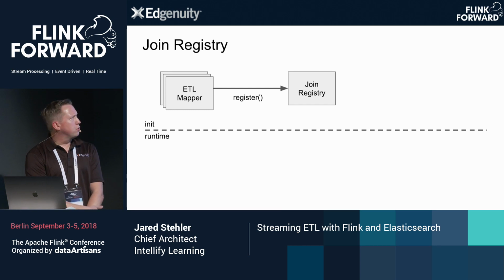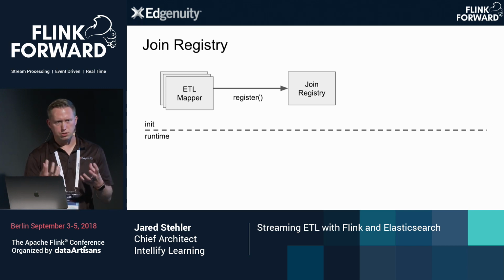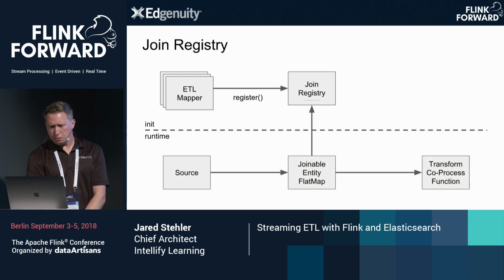So how did we do this? Well, we came up with a concept of a join registry, and our mapper classes, as they initialize, we know which joins that we need to do at the start, and so we can define each one of those. And then at runtime, we can flat map across the input source all the records that we know will be participating in a join, and then we can key off them